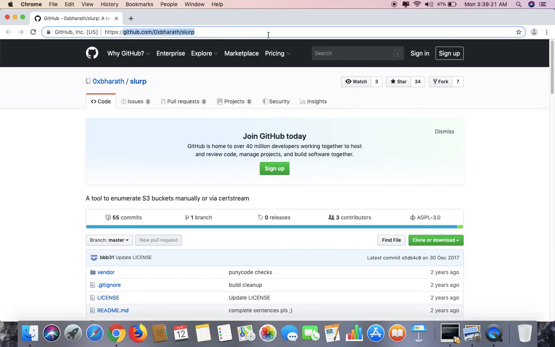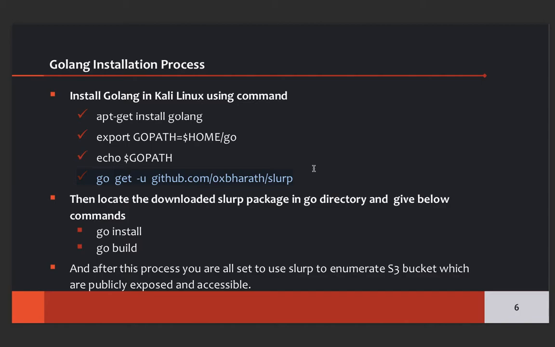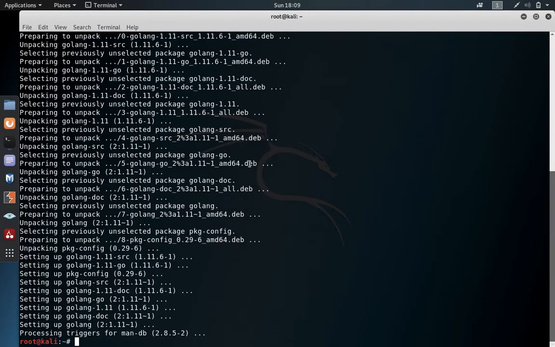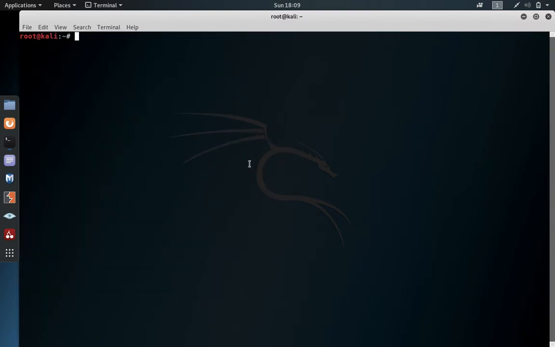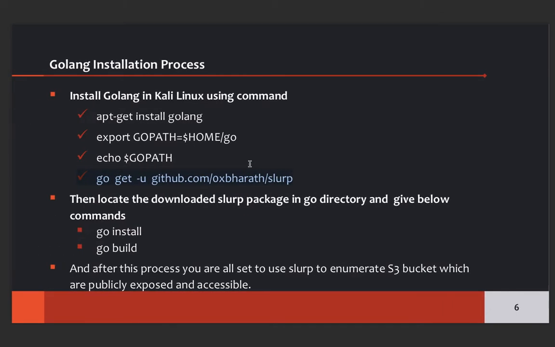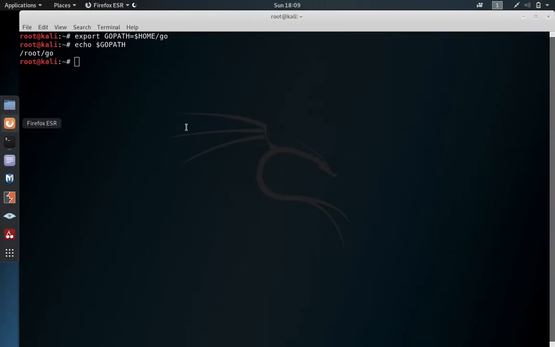this much part. After that, we are simply going to download this package locally in the machine. So let's be back. Yes, so what we have found is our Go language is successfully installed. Okay, so we have exported the Go folder in the home directory. Yeah, we are in the root and Go directory. Now what we have to do is simply go to this location,